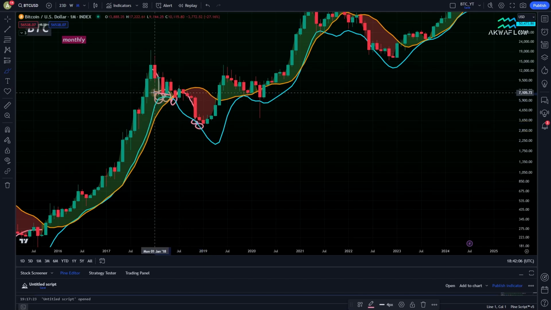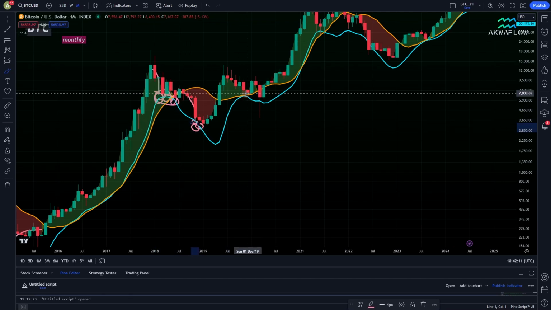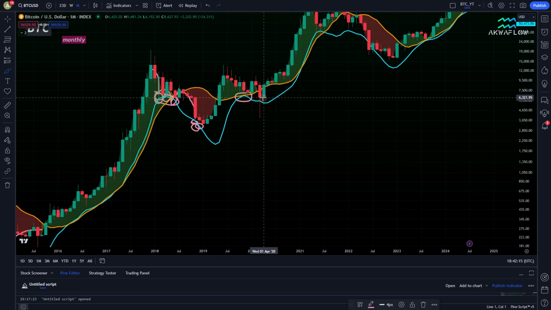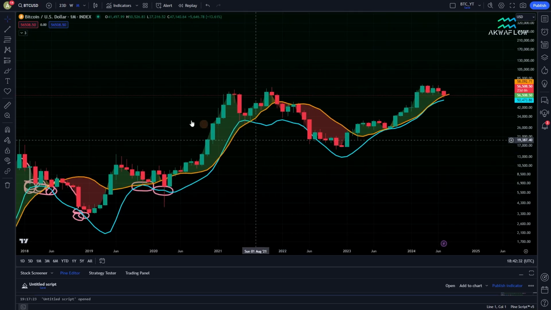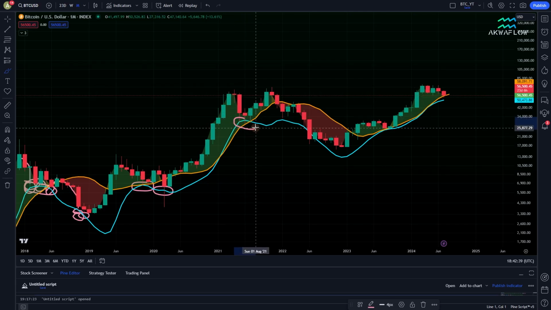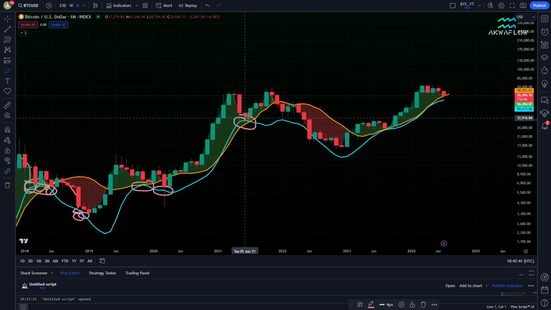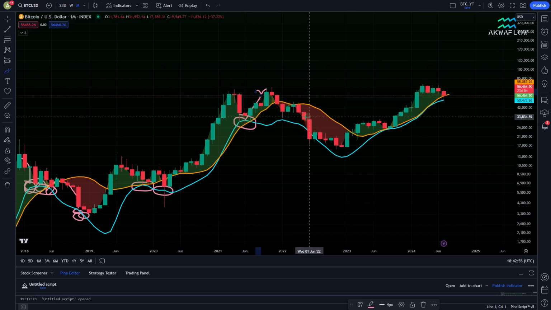For example, here we have local bottoms, right? And here we have a bottom. Here we touched the line again, it was a local bottom, right? And here we pierced the line, but still we closed above it. And what happened next? It was the very same thing. Here we went up and then we went down to retest the aqua line as a strong support before the bounce. And here it was very scary because here we pierced the line, we had a bounce,